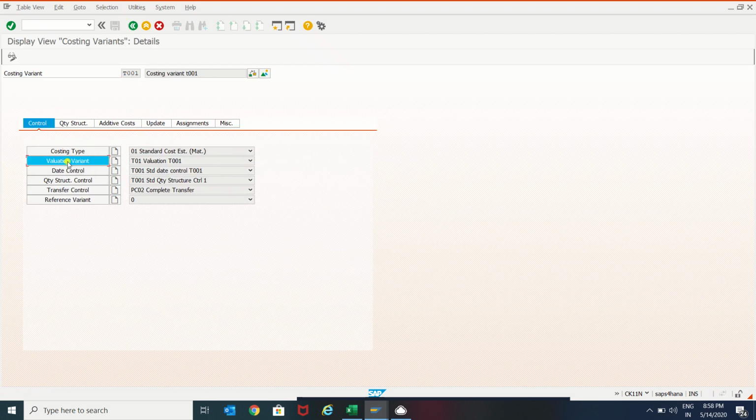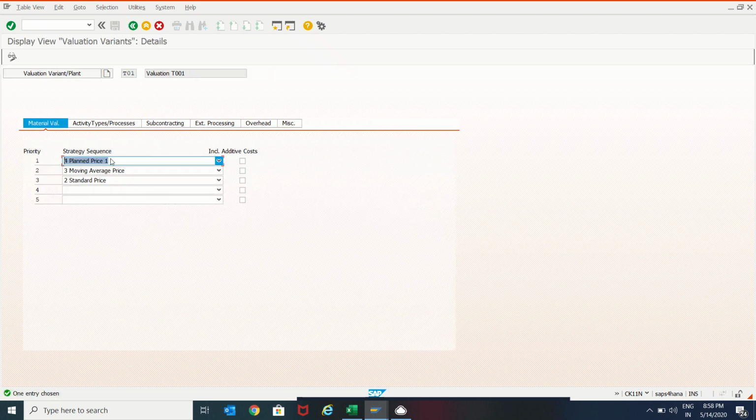And the valuation variant: in the valuation variant we specify how the materials are going to be evaluated. Here we specify the strategy sequence. First, the system will look into the planned price. If it is not available, then it will go to the next strategy sequence. So till the end it will look one by one. Wherever the price is identified, the system will take that price to calculate the standard cost estimate.